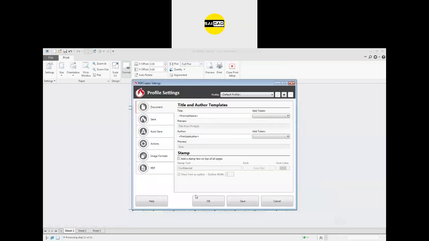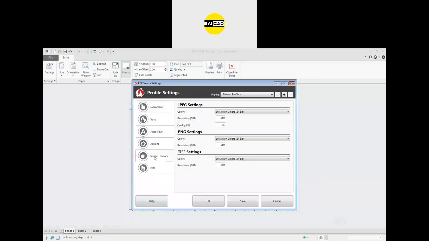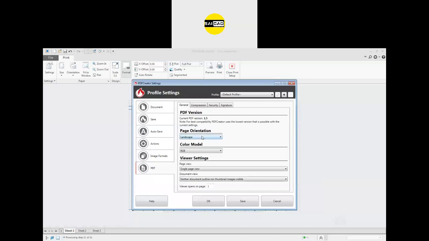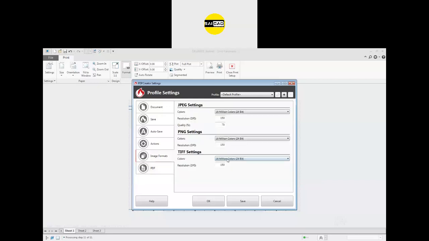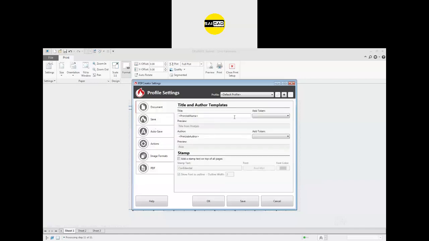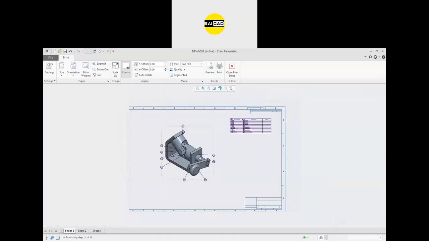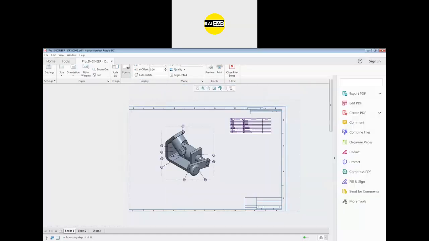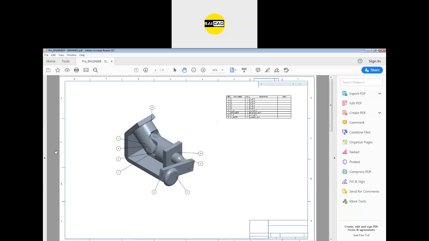So you have to go to the settings here and select everything from here also. So there is the option, PDF page orientation was auto detect. Select that to landscape, and we do single page view. Format color we don't need. Actions and documents, okay, so everything is okay here. So right now, if we see the PDF, we have the outlines merged.